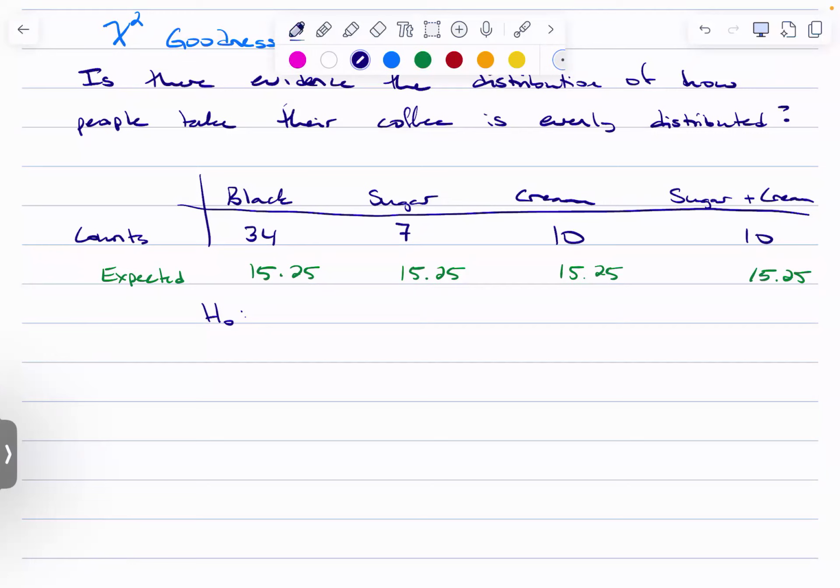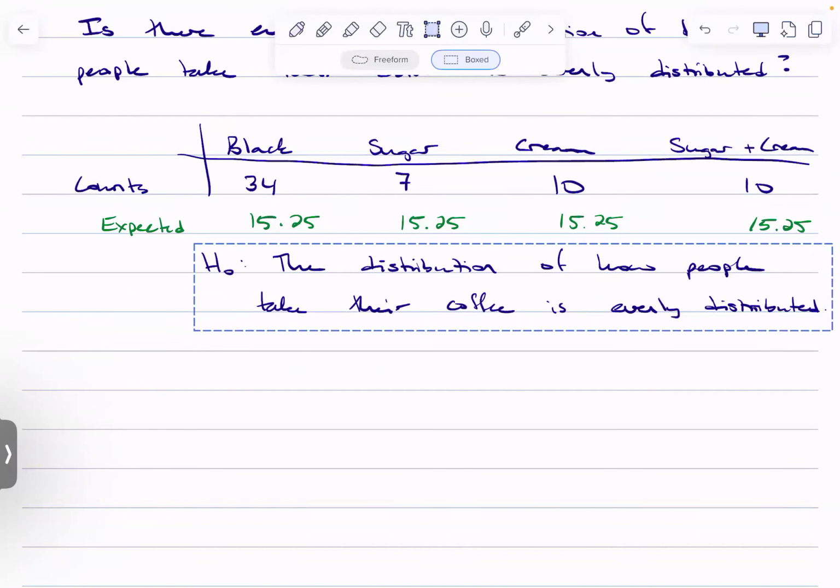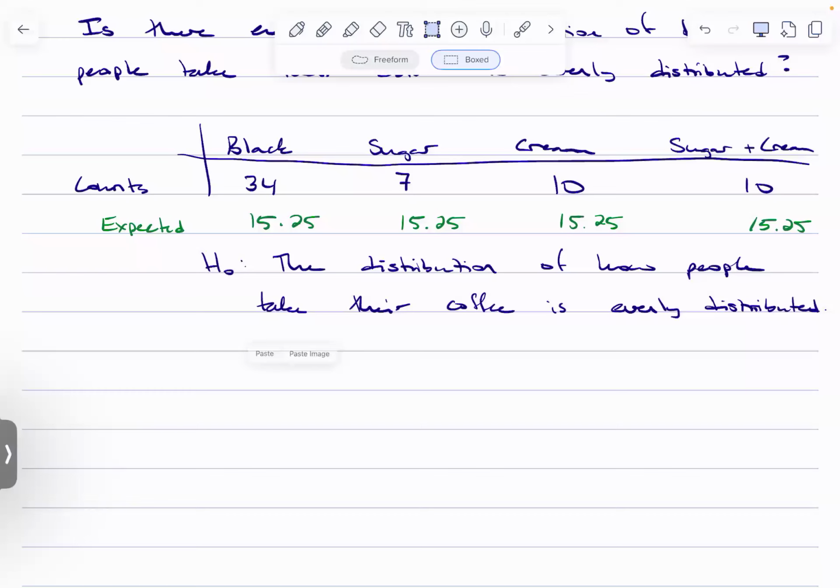And my null hypothesis is that the distribution of how people take their coffee is evenly distributed. And then I'm going to cheat and just copy this, because